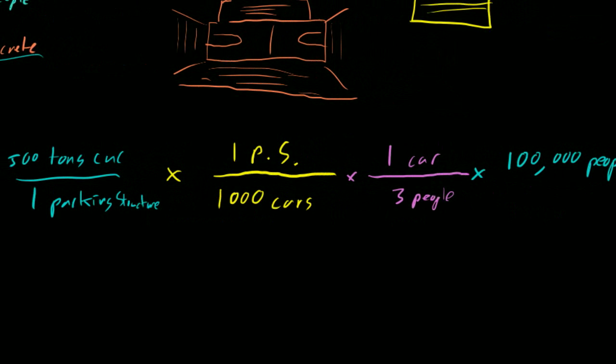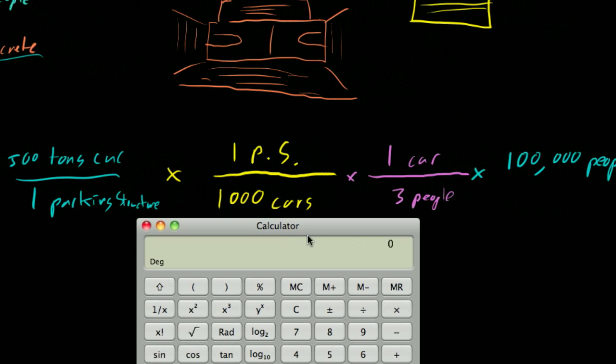So let's go ahead and work this. Let's just get out the calculator and do this real quick. If we were starting with what we knew, we would start with multiplying our 100,000 people. But it doesn't matter, right? We can multiply or divide from either direction. We have the commutative property of multiplication and division. So now we're going to say 500, and we don't have to multiply or divide by 1, so we can just say 500 divided by